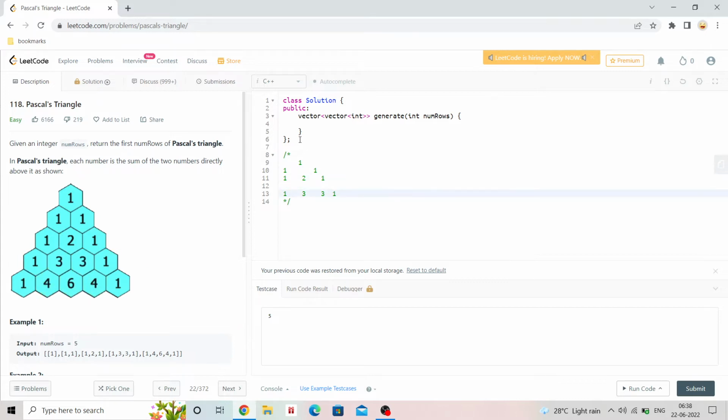So we can conclude that for each row, the first and last value is 1, and for any other value, assume the index is j, it is the sum of j minus 1